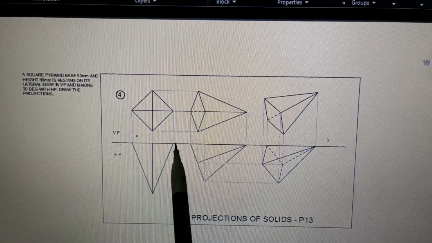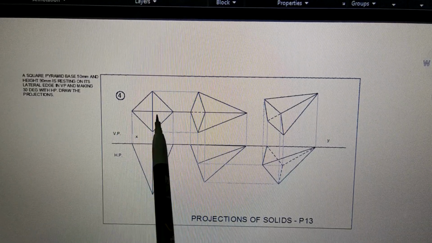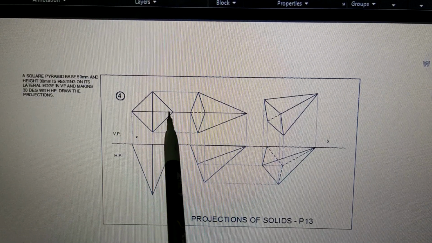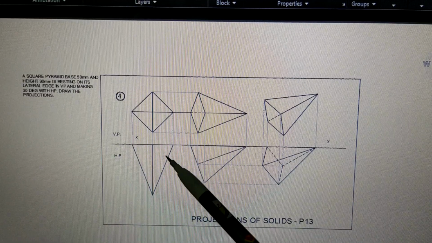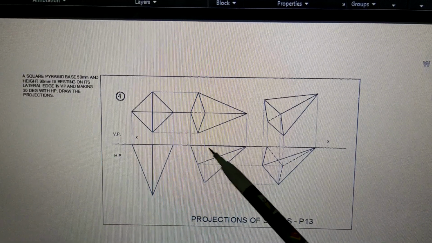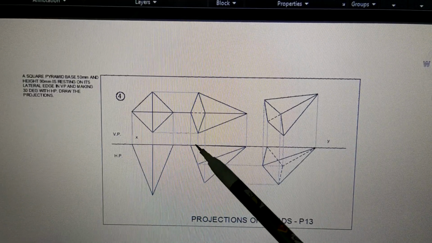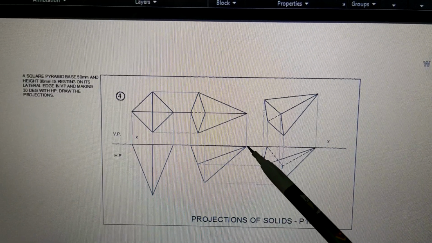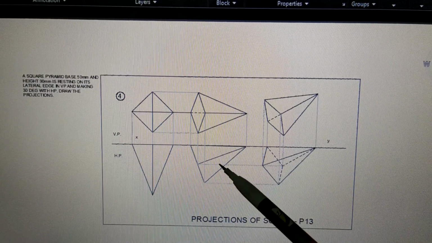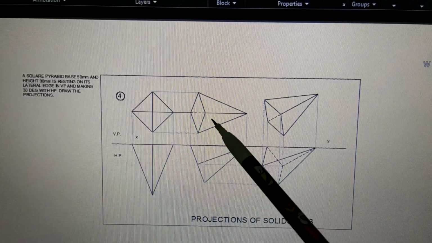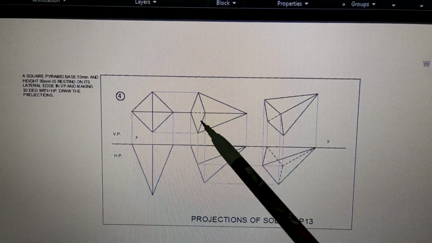So when the corner is resting, it is like this. The edge containing the corner, that means this lateral edge, this edge you are supposed to rest. That means this edge is going to merge with the XY line. So you draw this figure again here such that this line will be here in HP, maybe VP now. So once you repeat this figure, then from these two figures, by making use of the point names, you will be able to draw this figure.